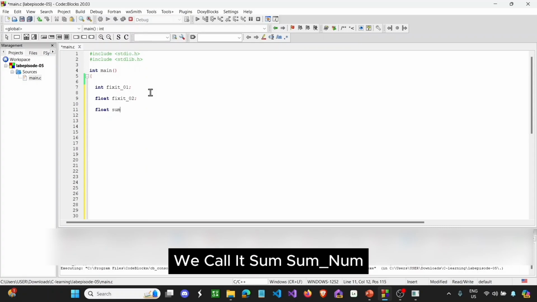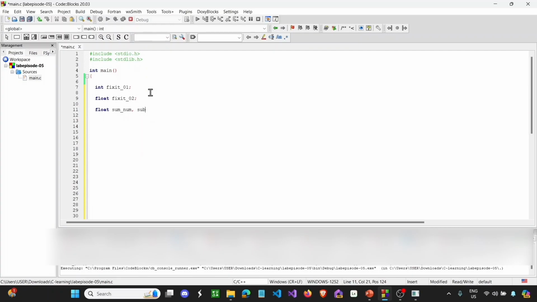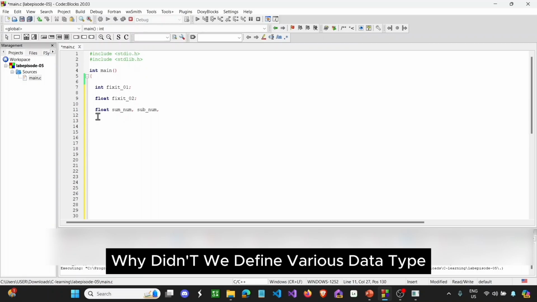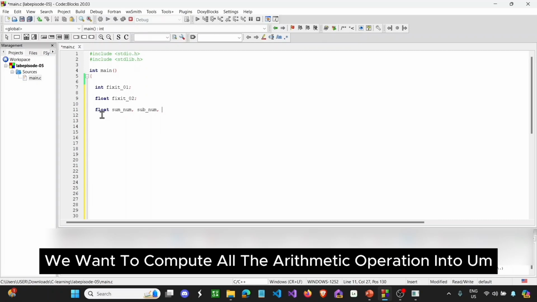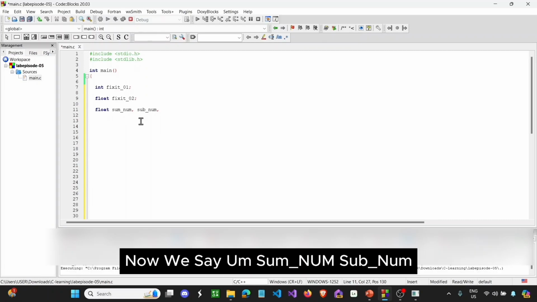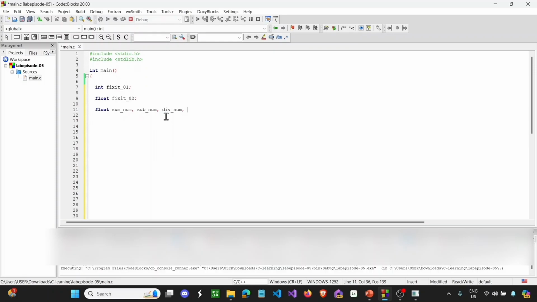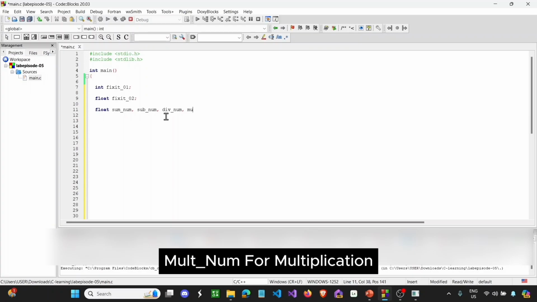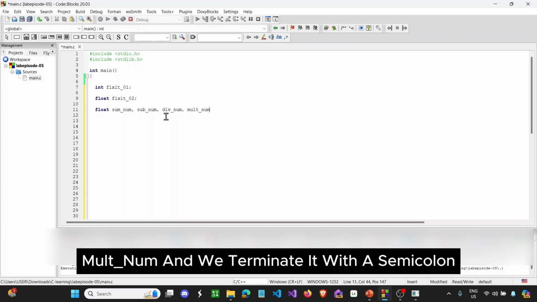We call it sum_num, then sub_num. Now you might be asking, why didn't we define various data types? It's because we want to compute all the arithmetic operations into a float number. Now we say sum_num, sub_num, div_num, mult_num for multiplication, and we terminate it